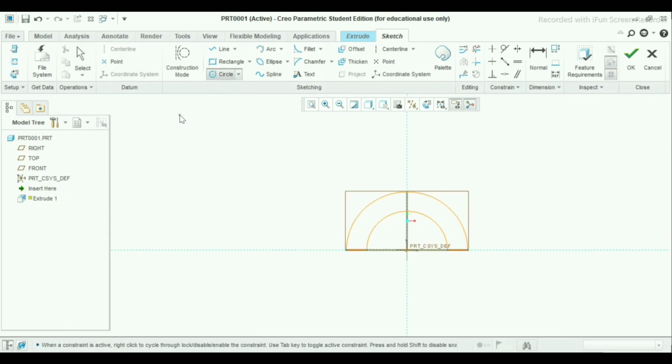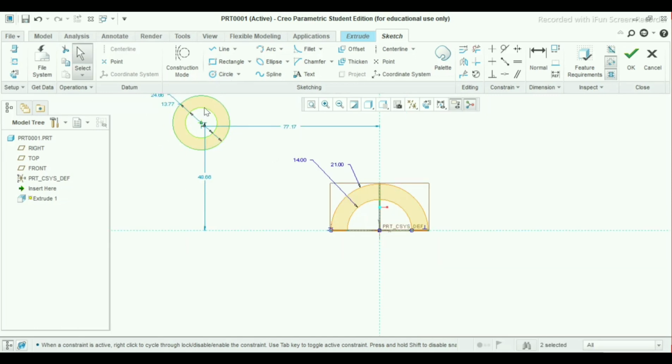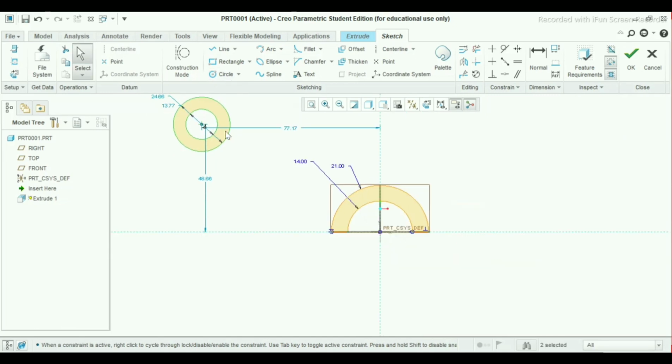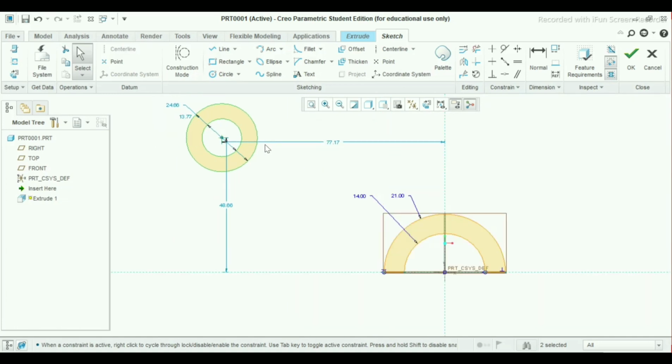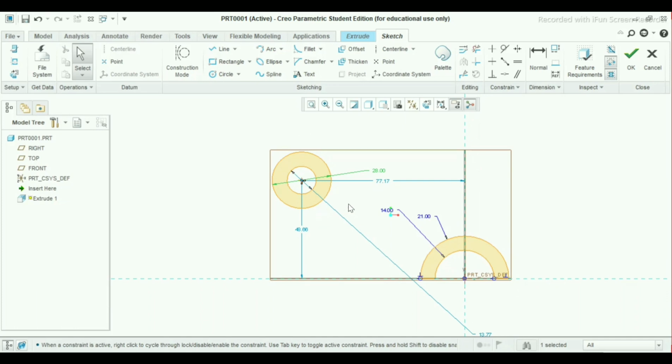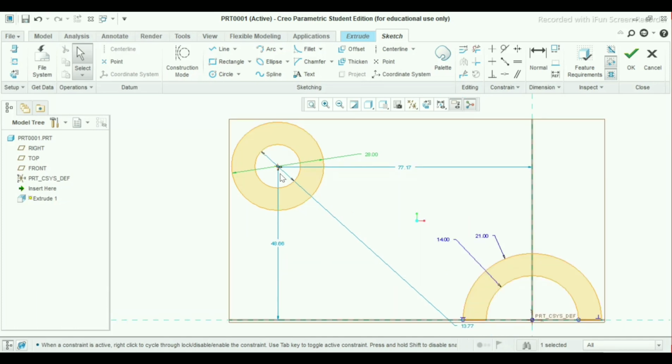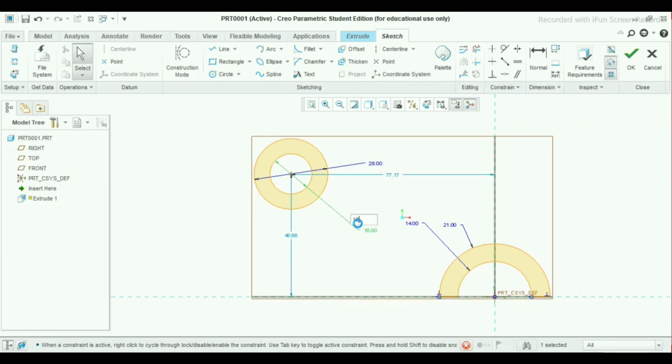Select a circle. Make 2 circles here. Press the middle button of the mouse. Apply here diameter as 28 mm, and the second diameter will be 16 mm.